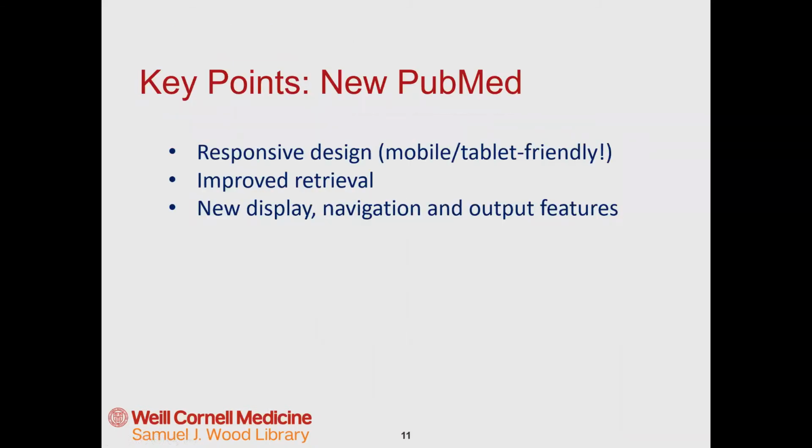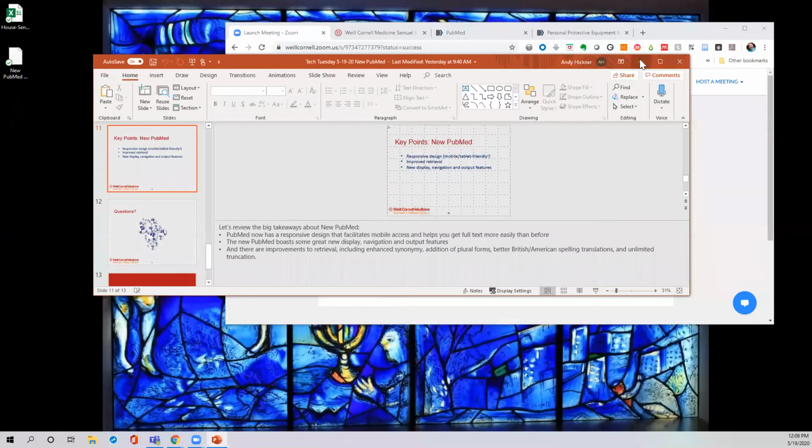So let's just review the big takeaways about new PubMed. First, it now has a responsive design that facilitates mobile access and helps you get full text more easily than before. The new PubMed boasts some great new display, navigation, and output features. And there are improvements to retrieval, including enhanced synonyms, more plural forms, better translation of spelling between British and American spellings, and unlimited truncation. So I'm going to conclude my slides there, and we are going to switch to live